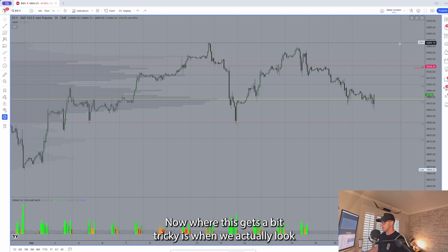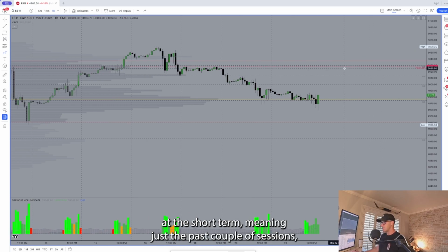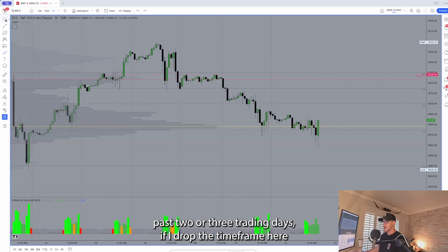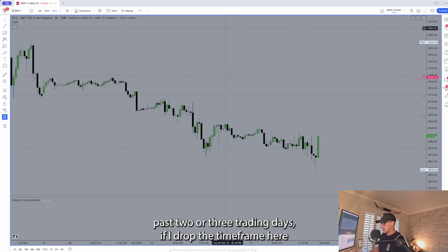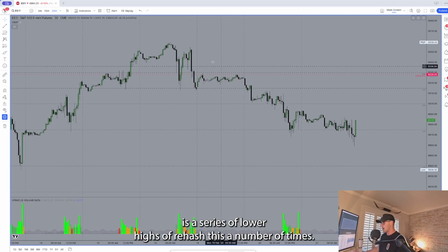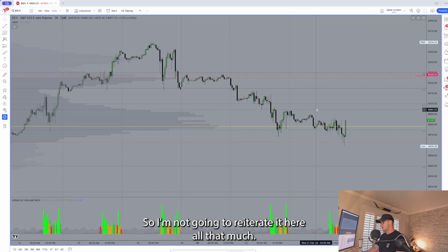Now, where this gets a bit tricky is when we actually look at the short term, meaning just the past couple of sessions, past 2 or 3 trading days. If I drop the time frame here down into the 30-minute, what you're going to see is a series of lower highs. I've rehashed this a number of times, so I'm not going to reiterate it here all that much,